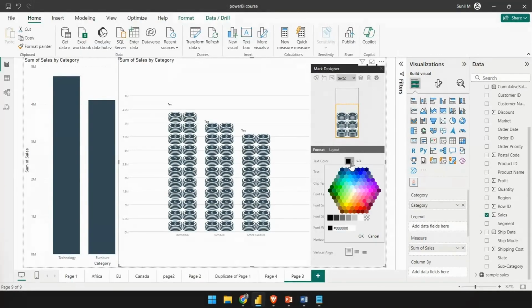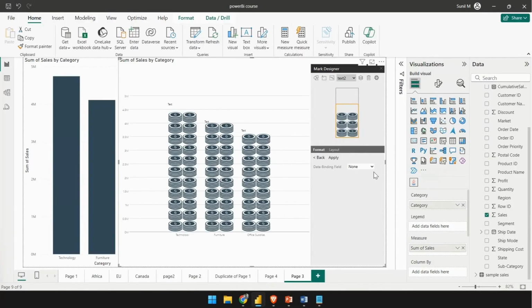So here you can change the text color. You can change what exactly is shown in the text. Right now I want to see the sales over here. So I will click and change it, and I will turn off the data binding. Over here I will put the sum of sales. Now it shows me the sum of sales. It also asks up to what decimal places you want to see it. So let's say I want to see it till 1 decimal place. I will click on apply,